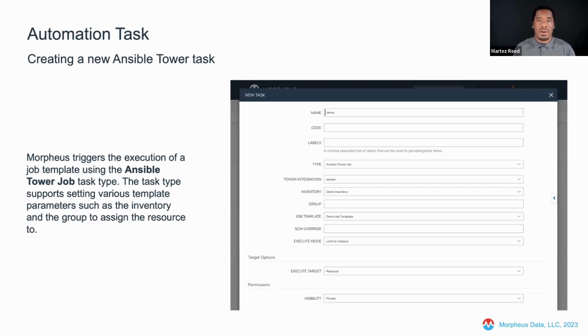Certainly dependent upon the architecture of the environment, it is advised to create a dedicated inventory for Morpheus objects or Morpheus operations, certainly depending upon what the operation is. As an example, if it is a provisioning operation that is primarily utilized within the Morpheus platform, so utilizing Morpheus to provision workloads and then integrating with Ansible Tower to configure those systems to perform post-provisioning operations, it may be ideal to create a dedicated inventory that Morpheus can then manage as part of practices that you might leverage